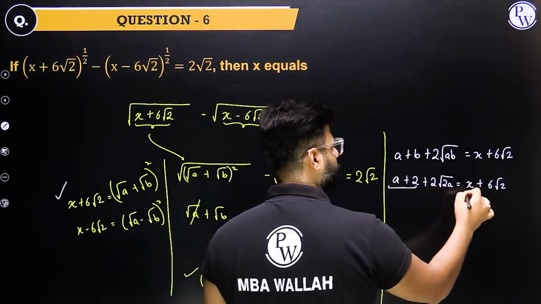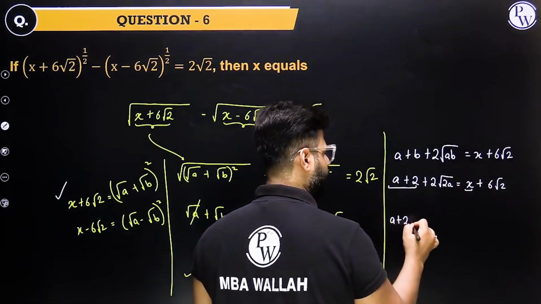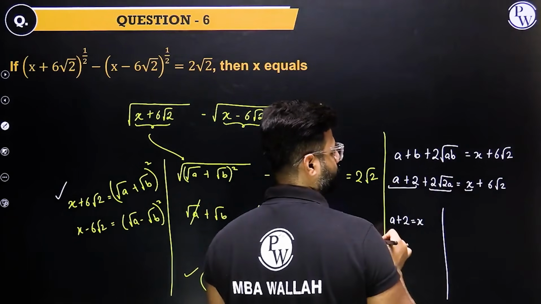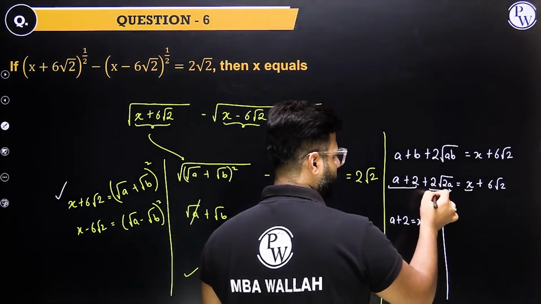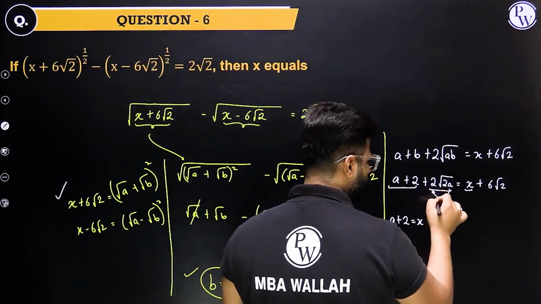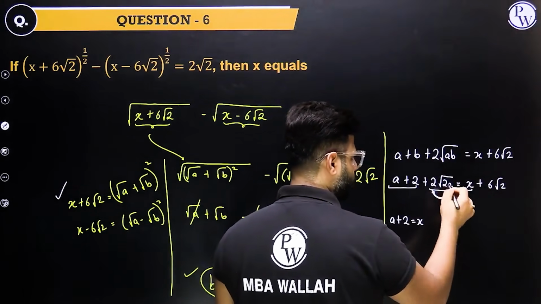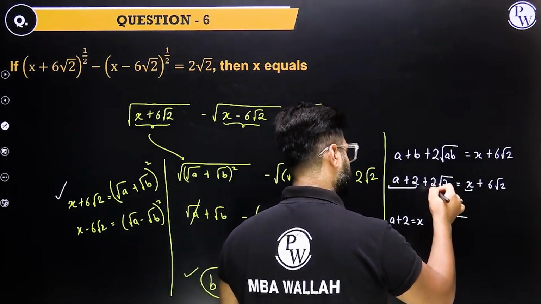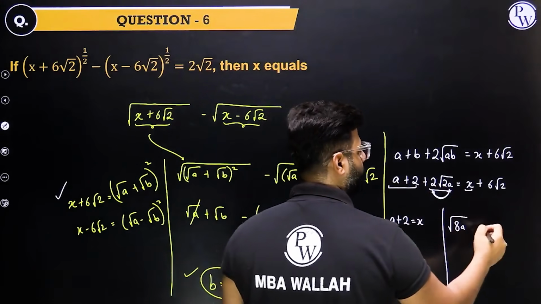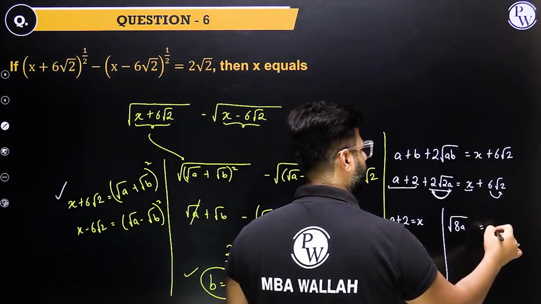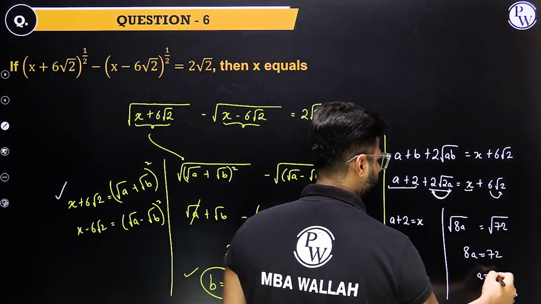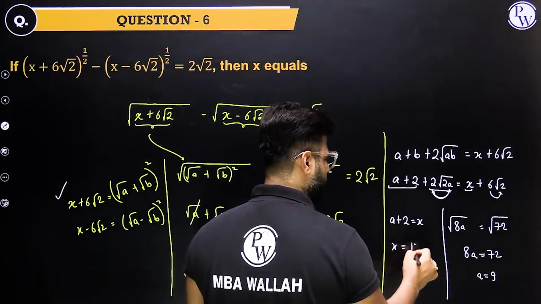Now this is an integral value which will be equal to this. So the integral part on the left-hand side equals the integral part on the right-hand side. This is the rational part. This 2 can simply go inside the root. What happens? 2a was already there, and 2 goes inside by squaring, so 2 squared is 4. 4 into 2a, this is root 8a. So the part here is 8a. What about here? 6 goes inside, becomes 36. Already 2, 36 times 2 is 72. So 8a becomes 72. a becomes 9. x becomes 9 plus 2. That's 11, which is your answer.